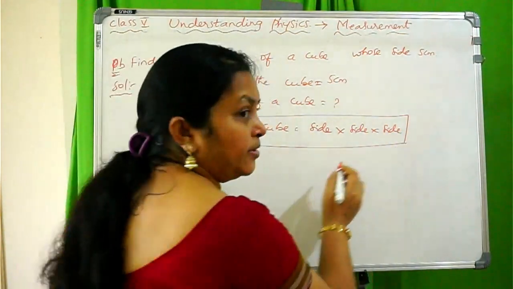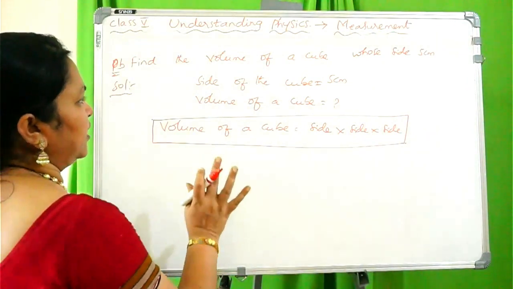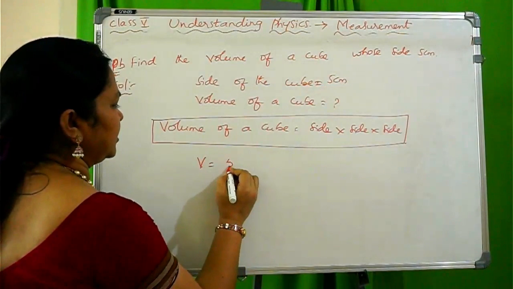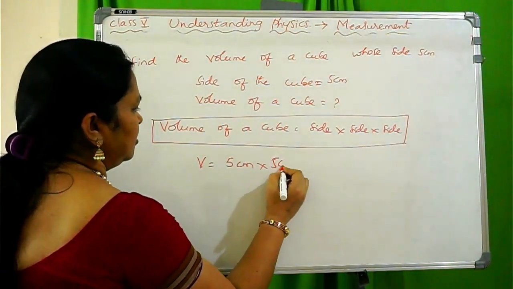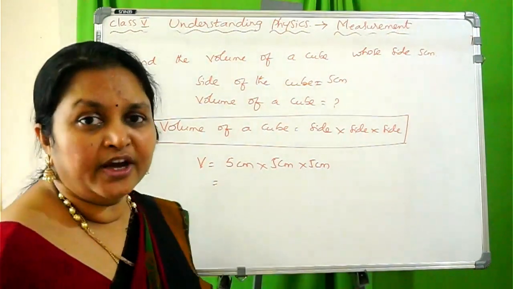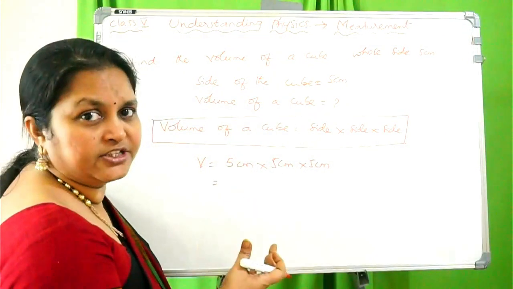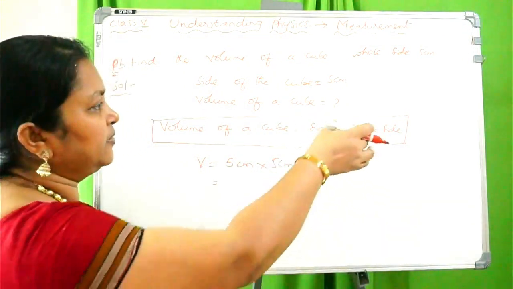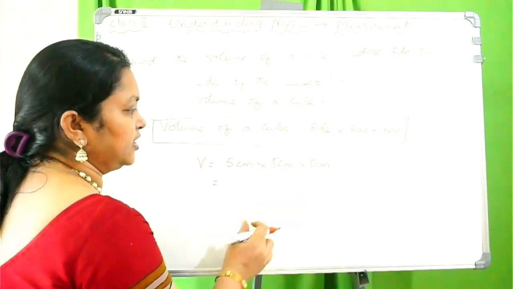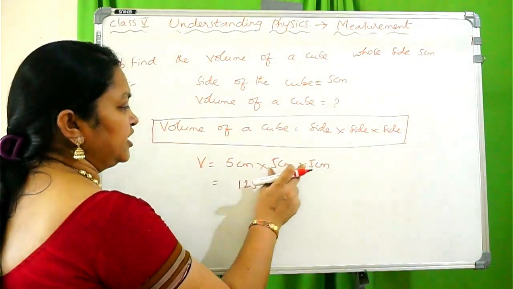That way you will be able to remember this. If you draw that box, you can remember the formula. Okay, now volume V is equal to side, how much have they given? 5 centimeter, 5 centimeter, 5 centimeter. You have to multiply that 5 three times. If you are good in multiplication tables, then it is very easy. No need to multiply on the rough side. Directly you can write the answer. 5 5s are 25. 25 5s are 125. Okay, now 125. Centimeter into centimeter into centimeter.